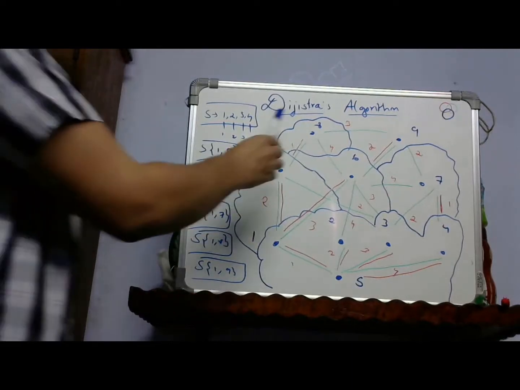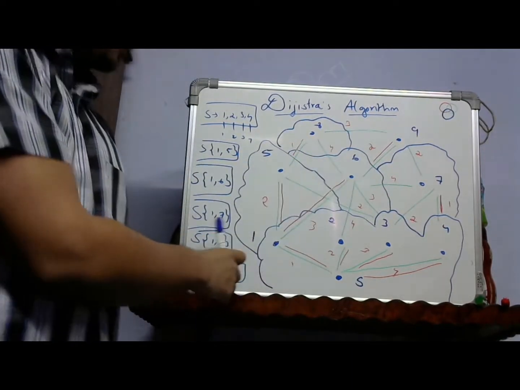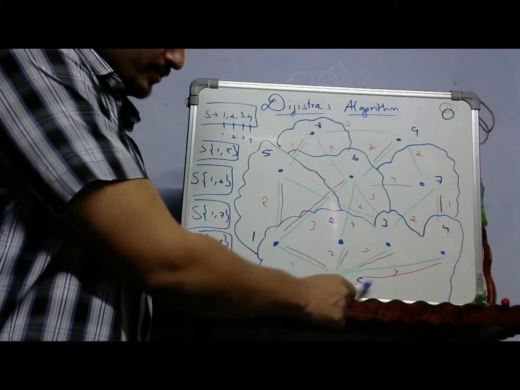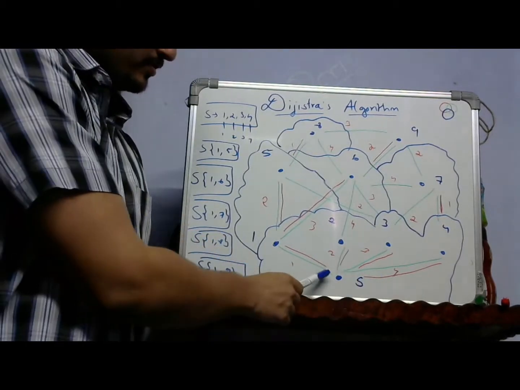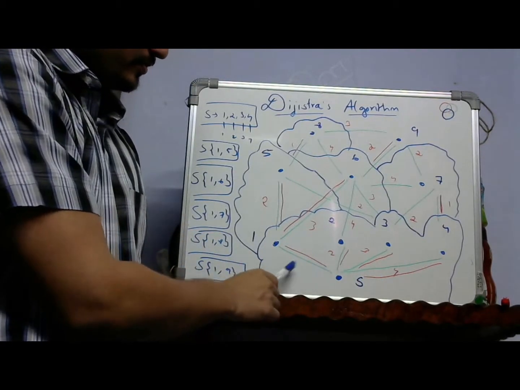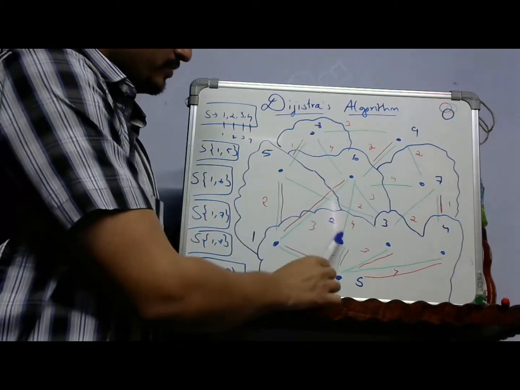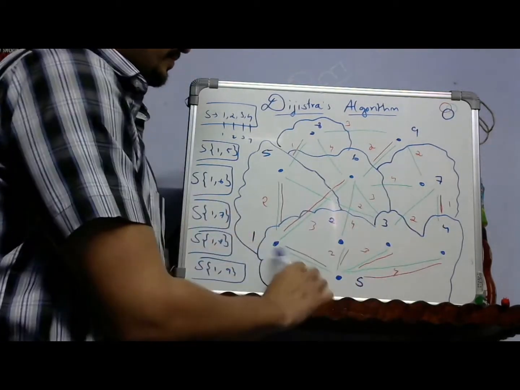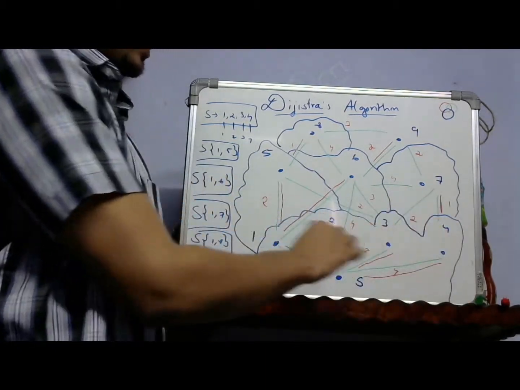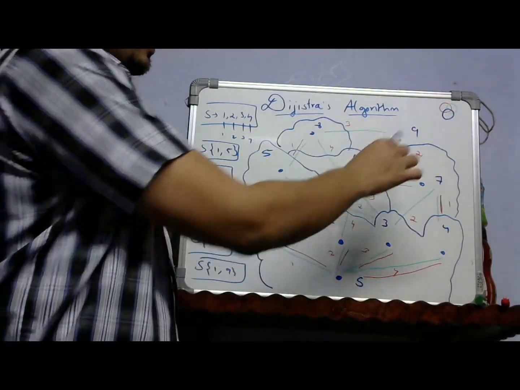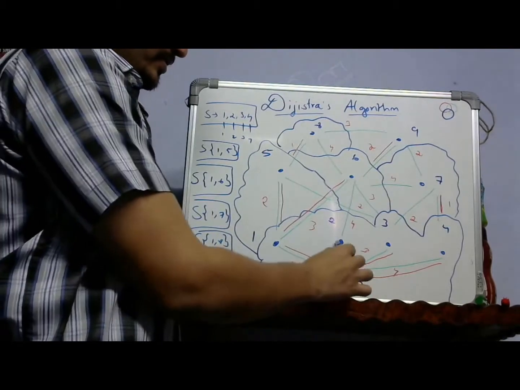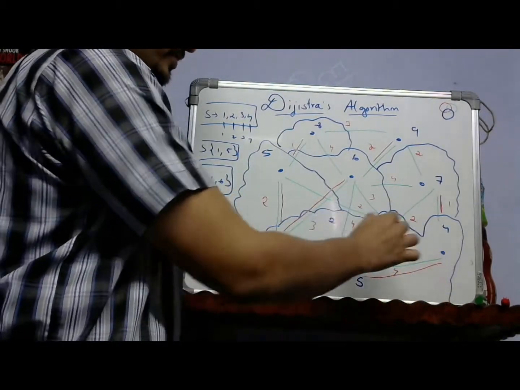See the Dijkstra algorithm. So this is also single source shortest path. That is, we have a source S and we need to find the shortest path to all the nodes from the source S, like 1 2 3 4 nodes and 5 6 7 8 9 nodes. So first the immediate nodes are considered. There is 1 2 3 4 node and the weights are drawn with red color and the path is with green color, and